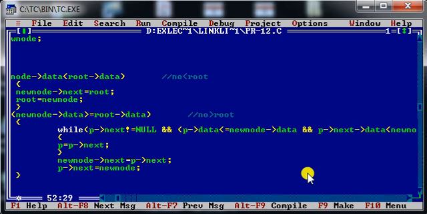By this way, we have created our linked list like this: 9, 10, 11, 12, 15 and 17. As you can see over here, new node of next, that is the next of 15, we have set to the address of P of next, which means the address of 17.